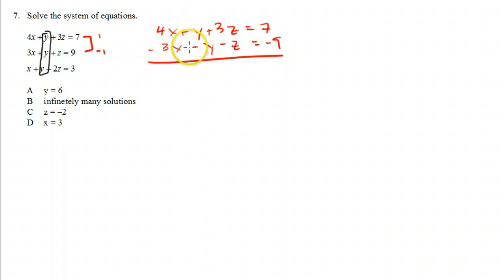So make sure you're careful with your signs. So here I get x, those are gone like I wanted. Here I get 2z, positive, and that's -2. So that's equation 1. Then I'll choose two other ones. So which ones do I want? First, let's see, I guess I will choose